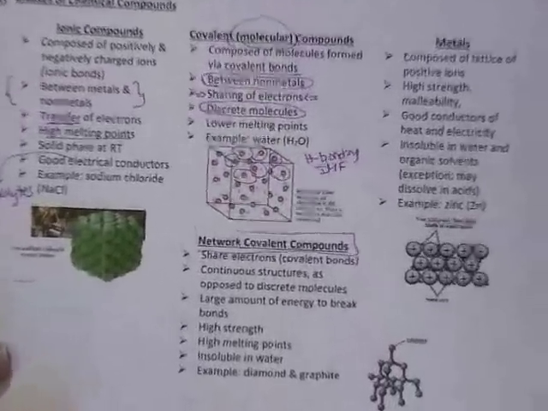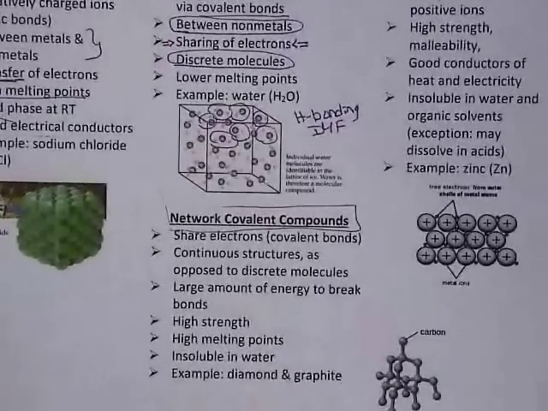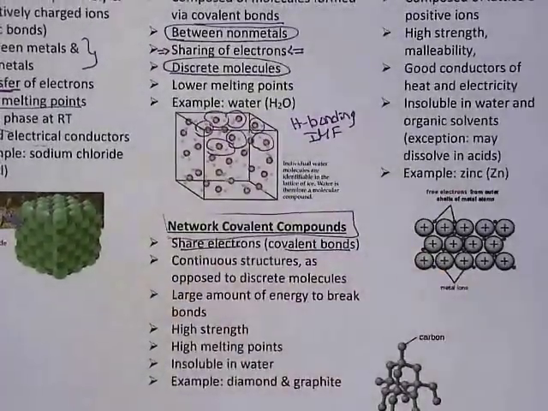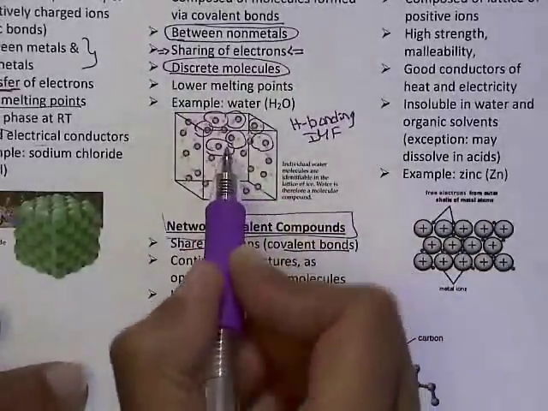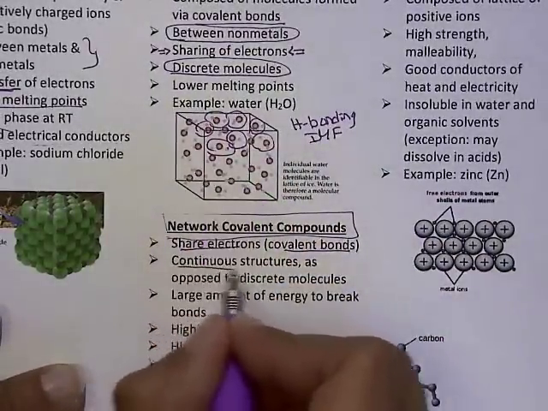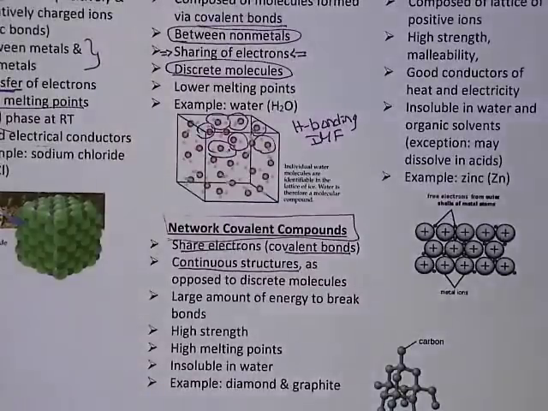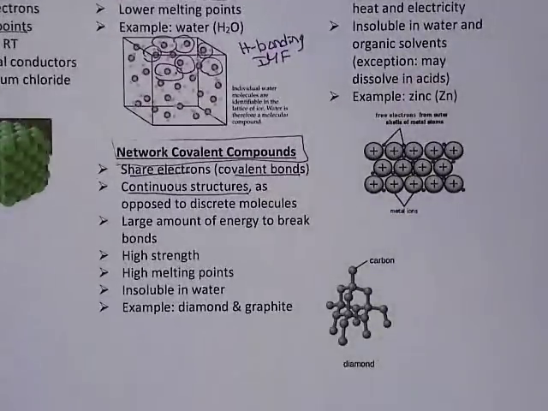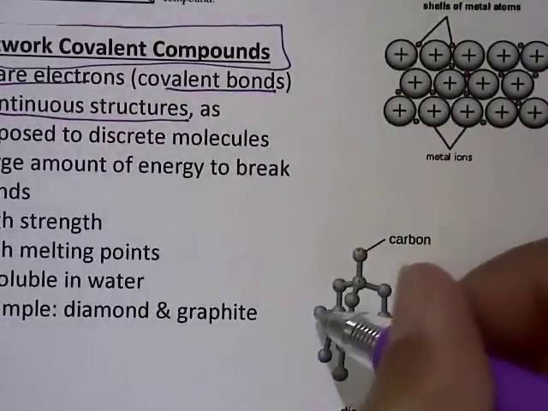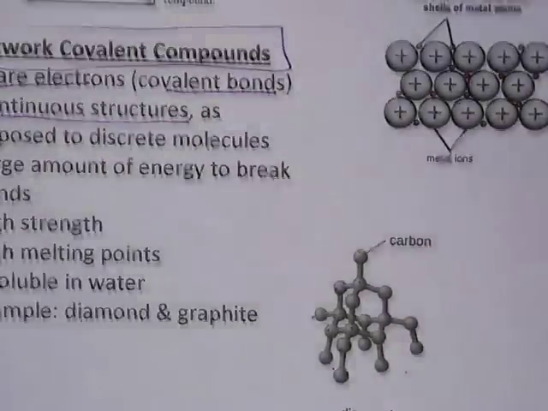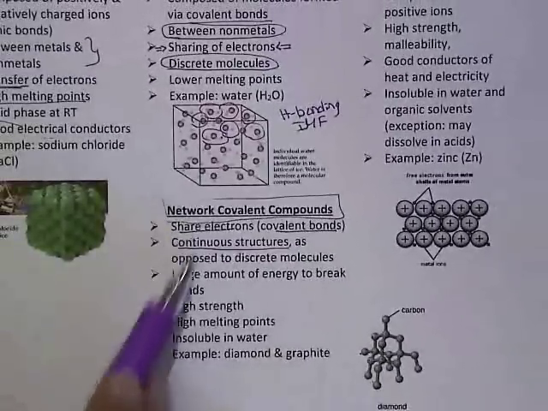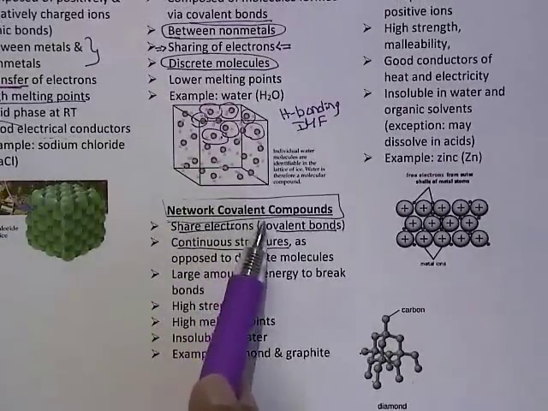Next up is network covalent compounds. These are also comprised of covalent bonds because they share electrons, but instead of being discrete molecules, they're non-discrete in the sense that they're actually continuous structures. An example of that is diamond, and we showed this to you in lecture. Diamond is comprised of carbon atoms covalently bonded to one another. So it's actually a network of covalence, and that's why this class of compounds is referred to as network covalent